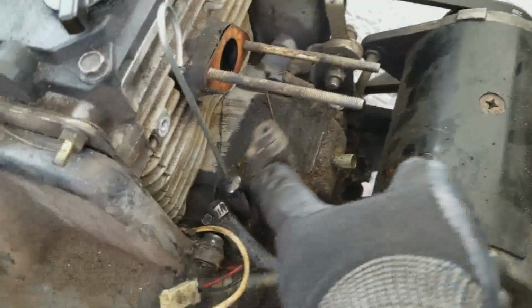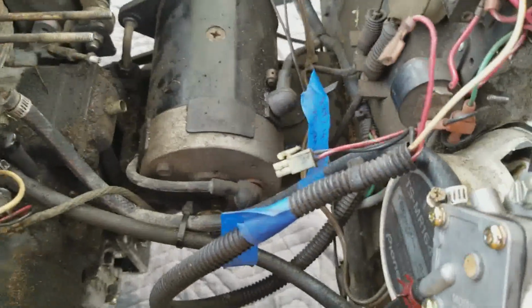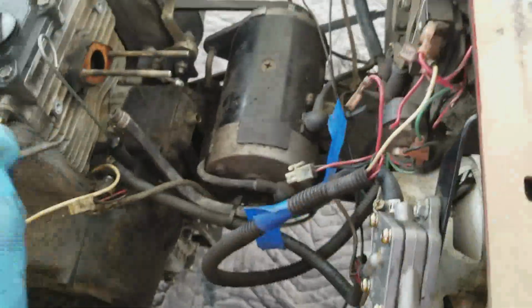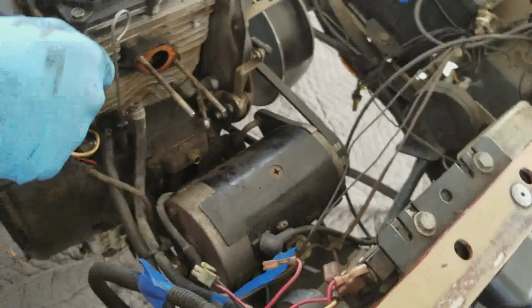Now we're just going to remove the other fuel line that goes to the very bottom of the fuel pump. I don't know what purpose it serves, I don't know if it's a return or what, but